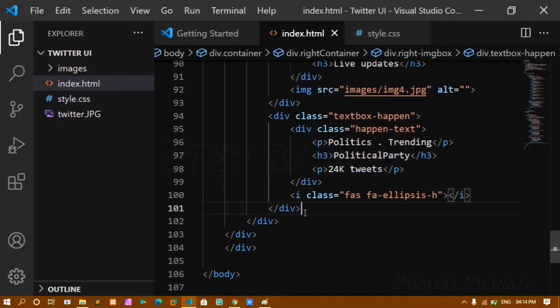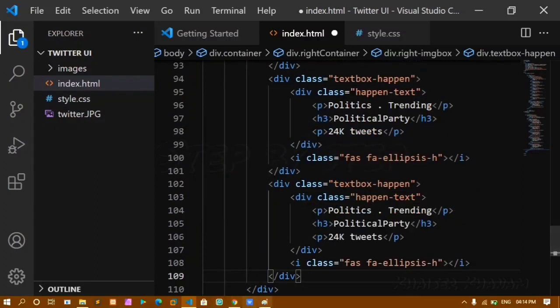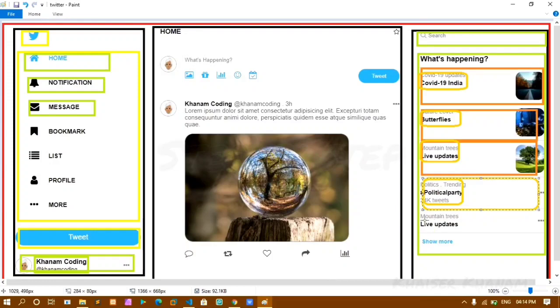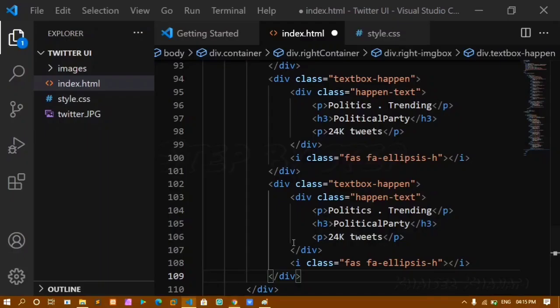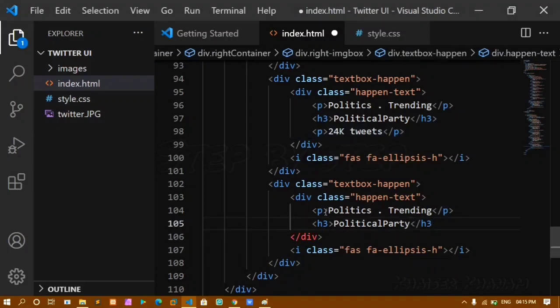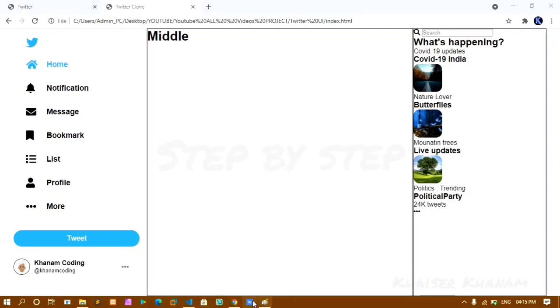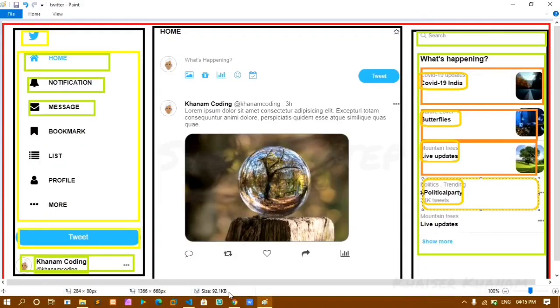Now I'll just copy the same div and I'll be pasting it here, and below I have two text, one paragraph and one h3, and I have the icon. I don't have this paragraph. I'll just remove this, and instead of that I have one text inside my paragraph. I'll just give that text, and my text was mountain trees live updates.